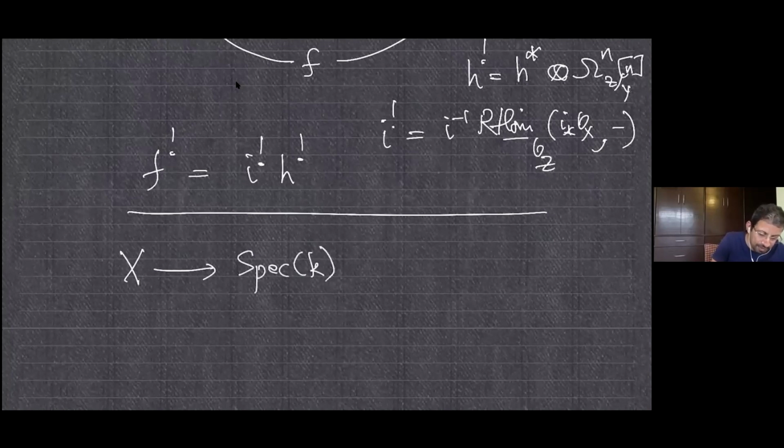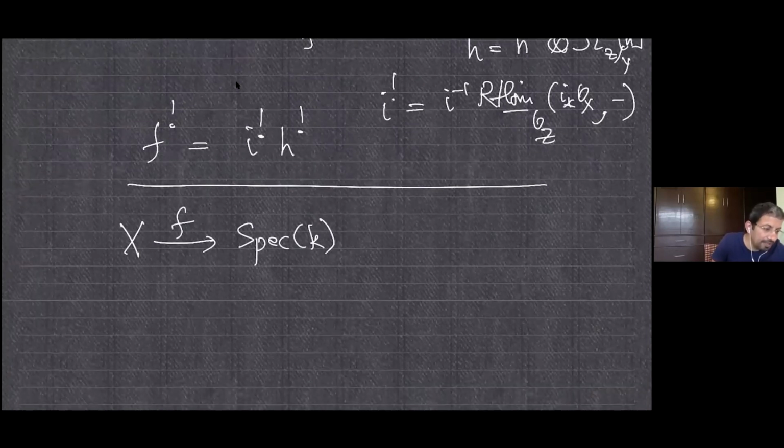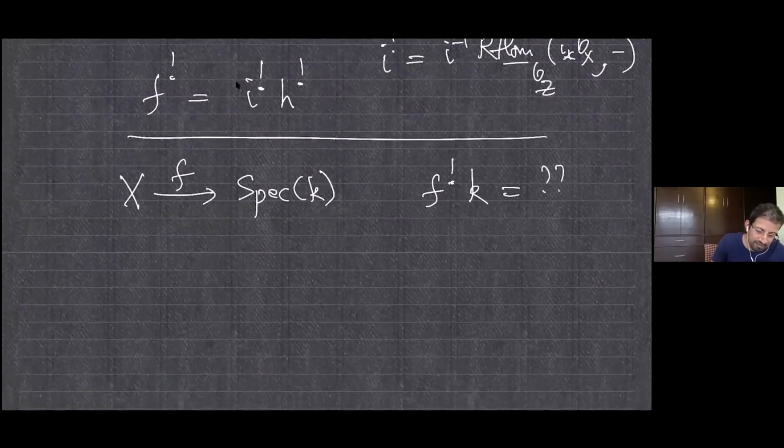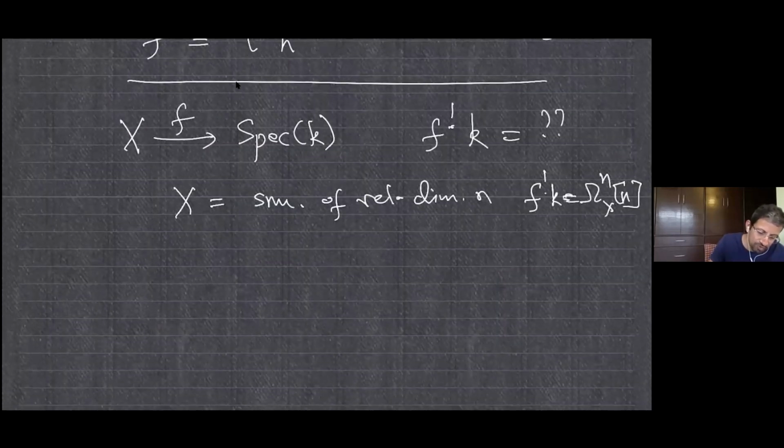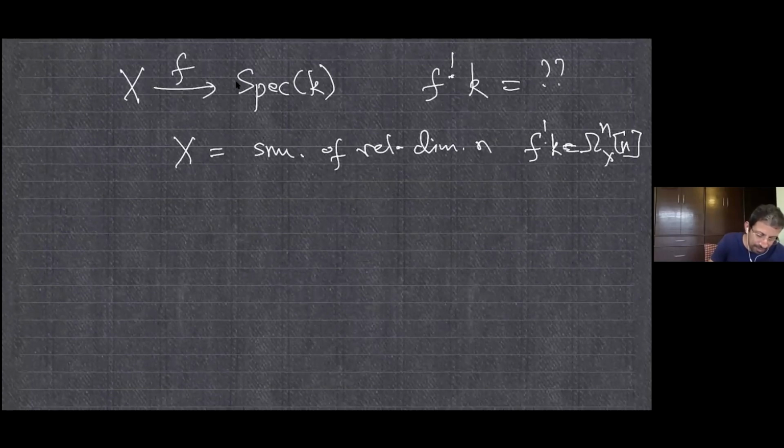So now we are looking at a variety over a field K, or a scheme over a field K. And the question is, what does F upper shriek K look like? So whatever theory of F upper shriek you come up with, here K is a field. So when X is smooth of relative dimension n, I've been saying it several times, then we know that F upper shriek K is omega n X shifted by n. But what if X is not smooth? So if X has a singularity, and here's a typical example. So for example, take a line passing through a plane,